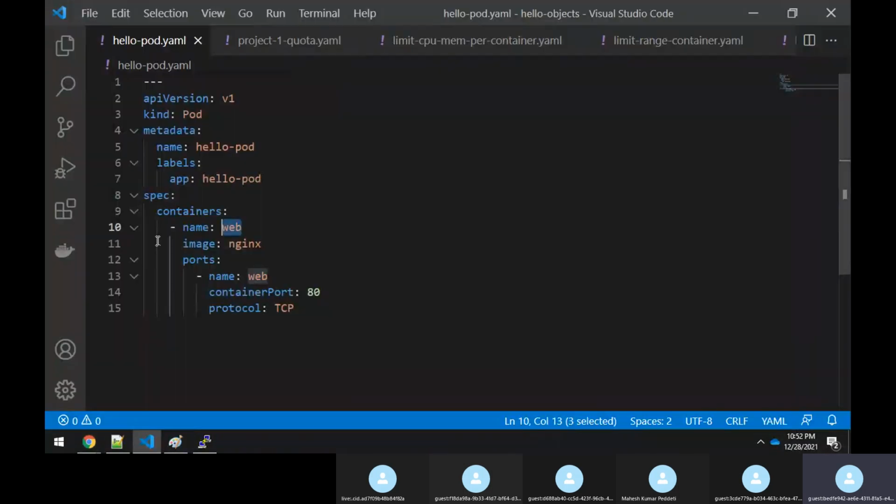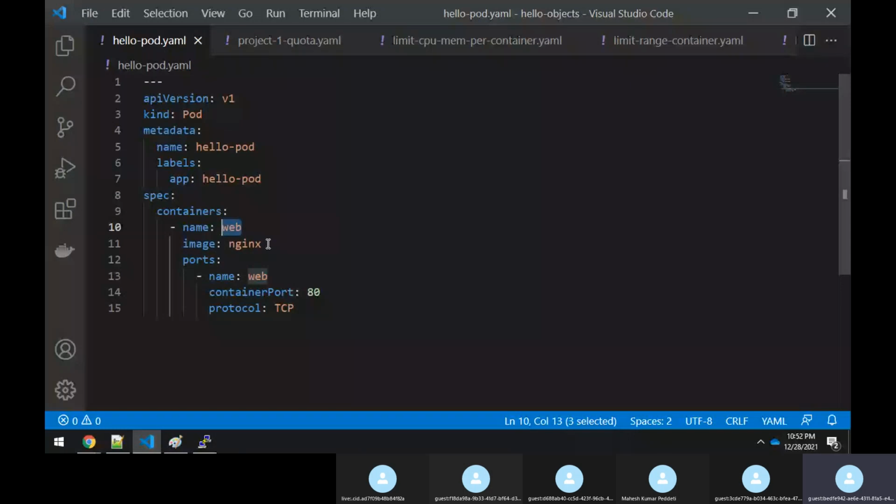See, image. In the next line, you have to align in the same line, image colon. What is the image you want to pull from your Docker Hub? I have to pull the Nginx image. So that's what I'm saying, image nginx. Okay, fine. So image is over and name is over. What other things do I have?